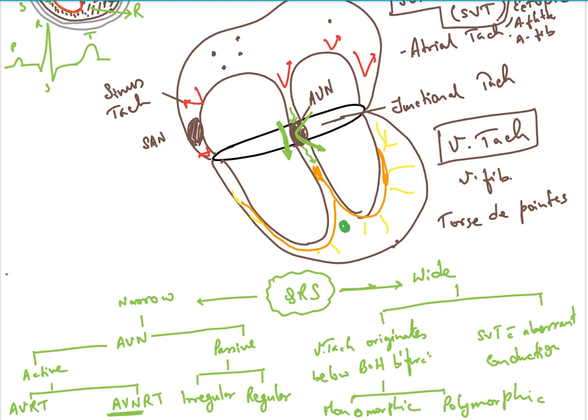Yes, sir. Normally AV node's job was what? To make the nodal delay 0.1 second. Remember? So this was the job of AV node, and after that the QRS complex will start. But imagine that during this time AV node also fires. That means now ventricle is not going to conduct the impulse of SA node. It will conduct the impulse generated by AV node. So definitely it will happen faster.